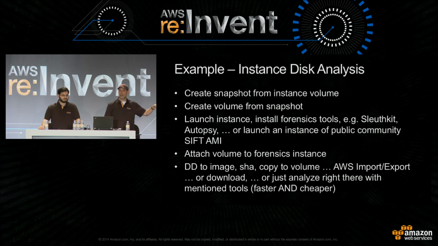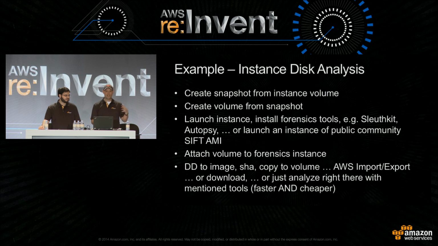So we created that snapshot from the instance. We did that by snapshotting the instance's volume. Now we can create a volume from that snapshot, and we can launch our forensics instance, or a new instance, for installing other types of forensics tools such as SleuthKit or Autopsy. There are publicly available community Amazon machine images that have forensics tools such as SIFT. And then we'll attach that volume, the snapshot of the volume, to a forensics instance, and we'll DD all of the information from that to an image,